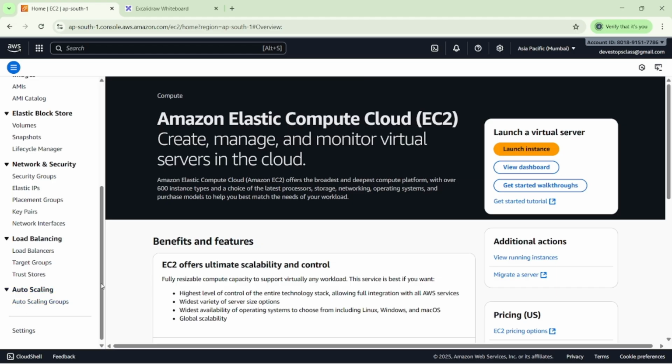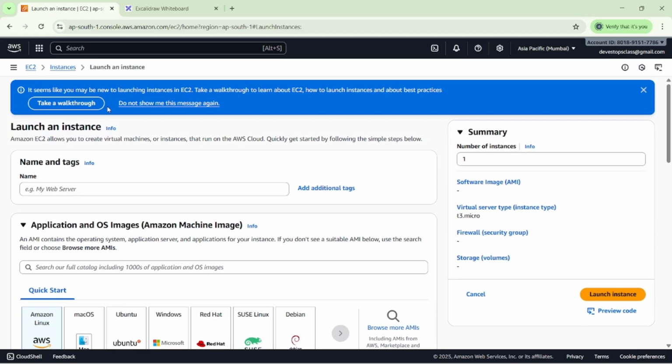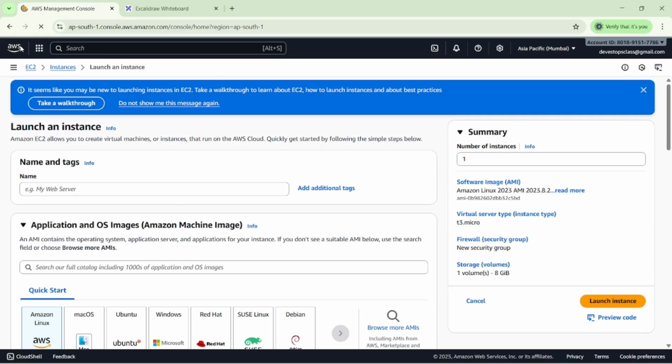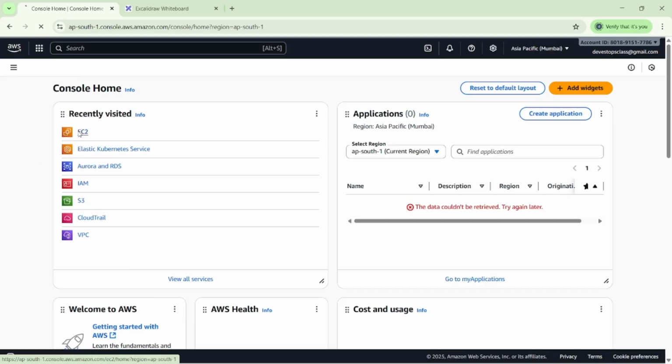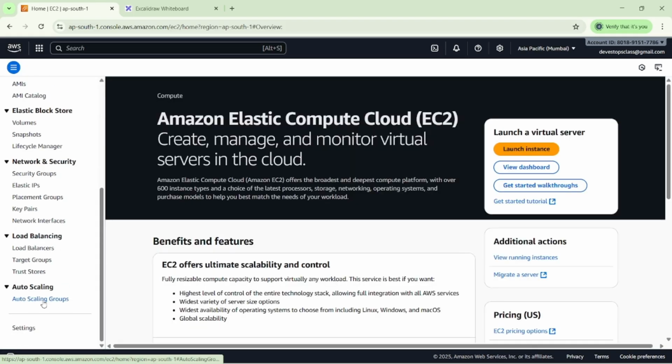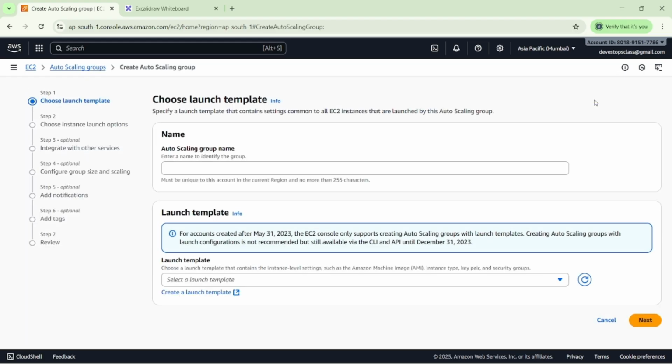What is the template? When I click on launch instances, you can see here we have to click on the EC2 machines. Then under EC2 machines we have the auto scaling group. Then in the auto scaling group we have the option create auto scaling group. When I click on the auto scaling group, you can see we need to launch